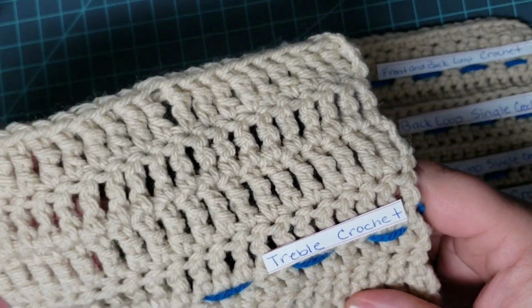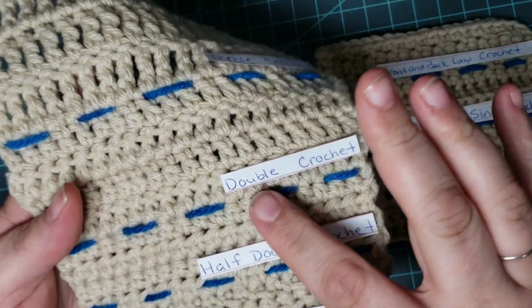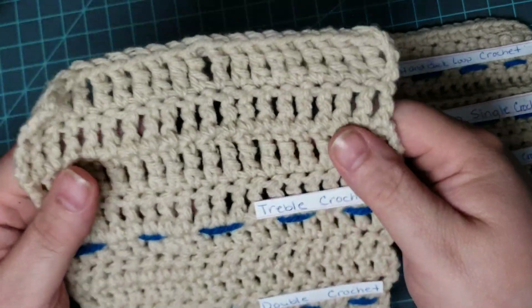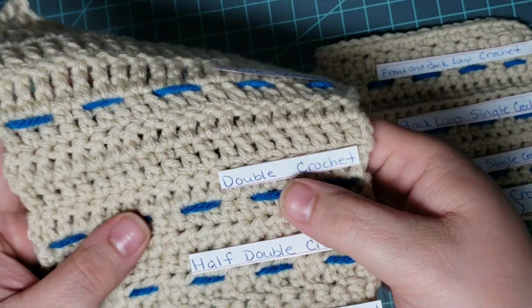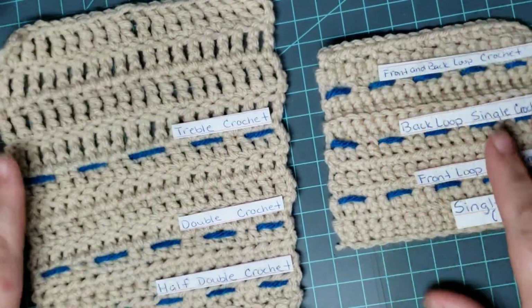Now I do know that for some of our overseas viewers, like in the UK and that, I think they call this the treble there. But since I'm here in Michigan and in the USA, I will be referring to it as the double crochet and the treble crochet up here. So those are my swatches, and